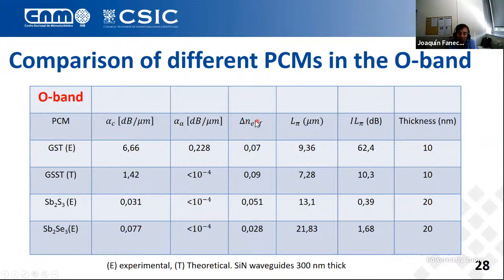And the delta n, the change in phase, is bigger in GST and GSST than in these two. What it means is that for achieving a pi shift in the waveguide mode, you will require less length. So this is the length for achieving a pi shift in the phase. The length for these materials is much smaller than these two ones, as you can see, 9 and 7 compared with 13 and 21. But the important thing is the insertion loss that you add to the system when you are doing this pi shift, because the insertion loss is 62 dB here, 10 dB here,